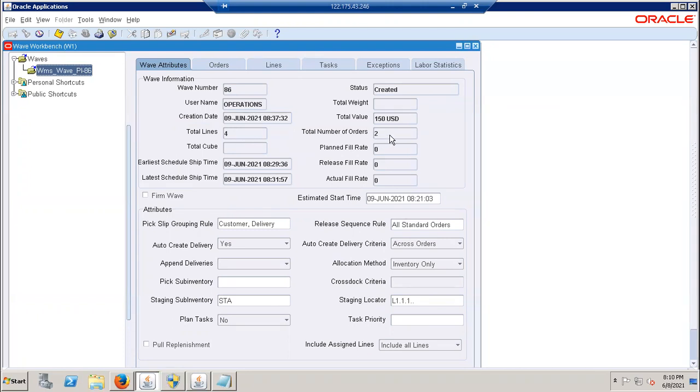Yes. It means this criteria has been matched. So for that customer, this criteria has been matched and the system has suggested only these two sales orders. So this is the beauty of wave planning. Whatever criteria you have defined here, that criteria will show here, and only for that specific criteria this will happen. So you can restrict your wave planning to specific kinds of conditions. In one go you can run multiple orders with the criteria defined in your wave template.